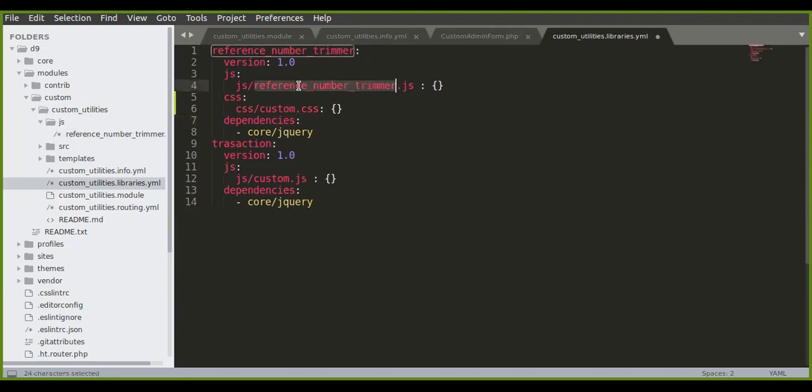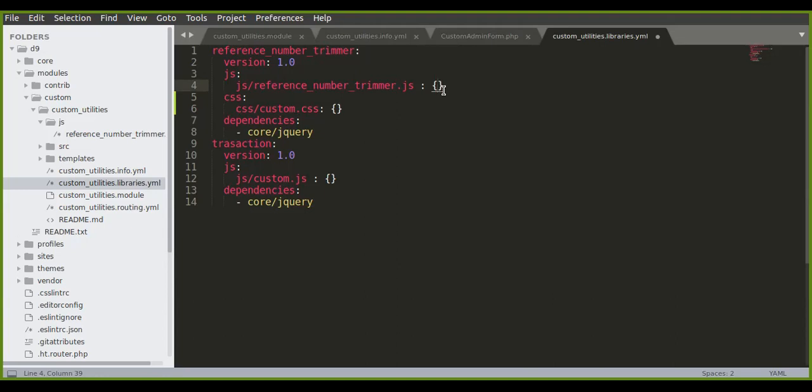For the reference number, we are using a dollar sign, so for that purpose I am enabling the dependency on jQuery, which comes in the Drupal core module. So I put it like this under dependencies. This is how you need to create your libraries. If you want, you can give a weight also.